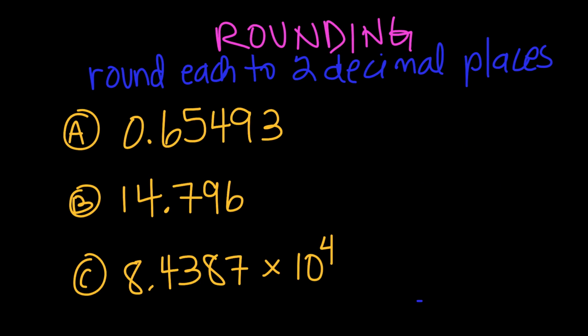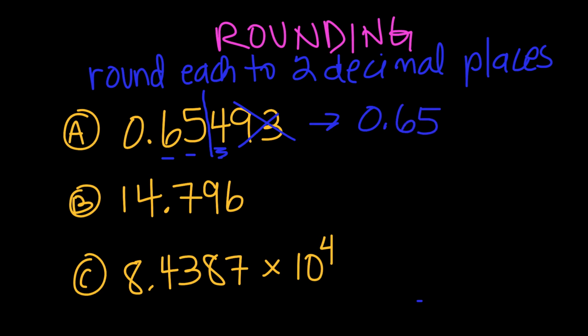When you're rounding something, so we said 2 decimal places, so 1, 2. I always put a little line here. You only have to look directly to the right, okay? So don't even worry about what's beyond the digit directly to the right of the number to which you're rounding. So does the 4 round the 5 up? The answer is no. So this rounded would be